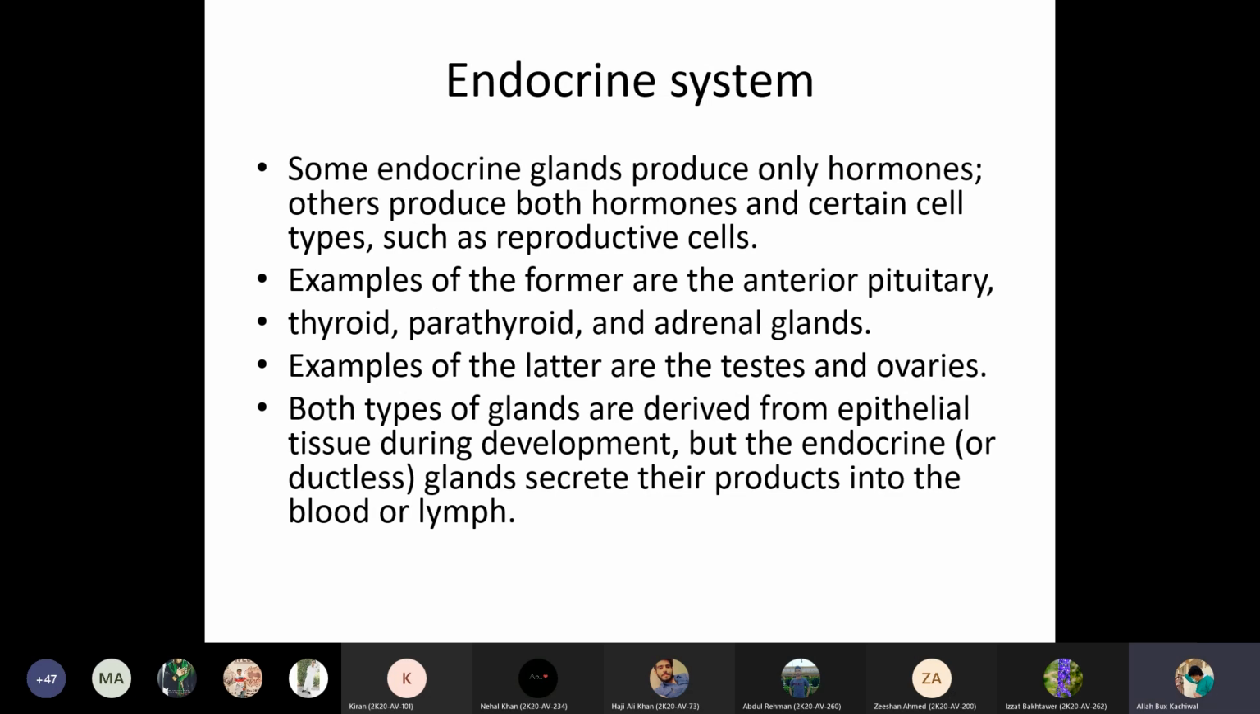Some endocrine glands produce only hormones. कुछ एंडोक्राइन ग्लैंड सिर्फ और सिर्फ हार्मोन्स पैदा करते हैं। Others produce both hormones and certain cell types such as the reproductive cells. कुछ एंडोक्राइन ग्लैंड्स हार्मोन के साथ साथ रिप्रोडक्टिव सेल्स भी पैदा करते हैं, गैमेट्स भी पैदा करते हैं, जैसे ओवरीज हैं, टेस्टिस हैं। ये एंडोक्राइन ग्लैंड हैं, लेकिन इसके साथ साथ रिप्रोडक्टिव सेल्स भी हैं, रिप्रोडक्टिव ऑर्गन्स भी हैं। तो ये प्राइमरी सेक्स ऑर्गन भी कहलाते हैं, लेकिन ये एंडोक्राइन ग्लैंड्स के तौर पे हार्मोन्स भी पैदा करते हैं।